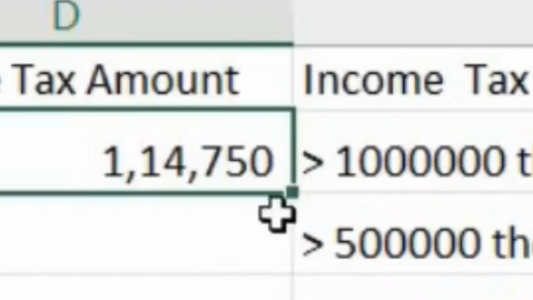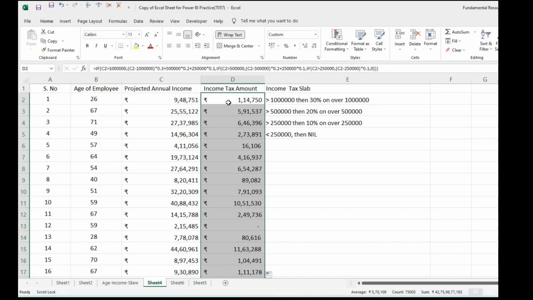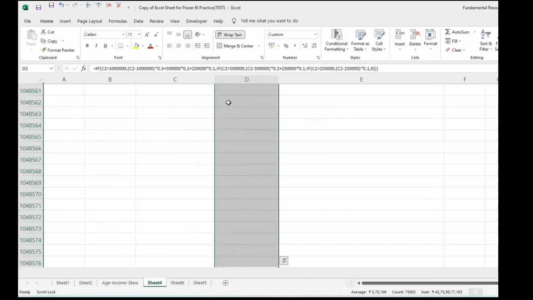Then just double click. Excel will compute for all 75,000 odd employees.